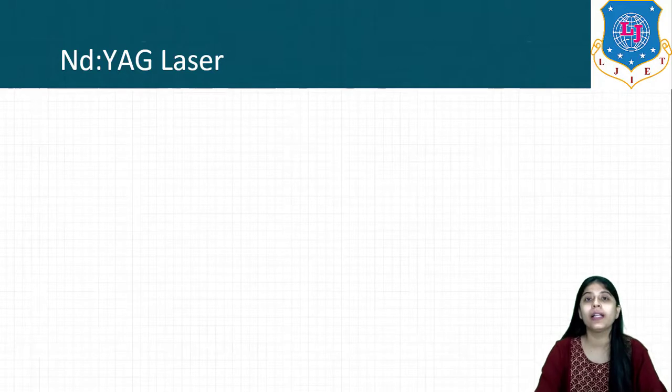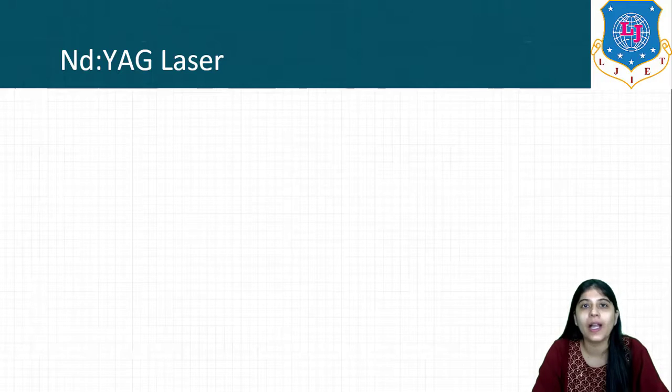Laser is based on the principle of stimulated emission of radiation and light amplification. Stimulated emission is achieved with the help of population inversion, which is the state of having a greater number of atoms in the excited state than in the ground state. To achieve population inversion, pumping is required. Pumping is the mechanism to excite atoms from the lower state to a higher energy level. In this way stimulated emission is done.